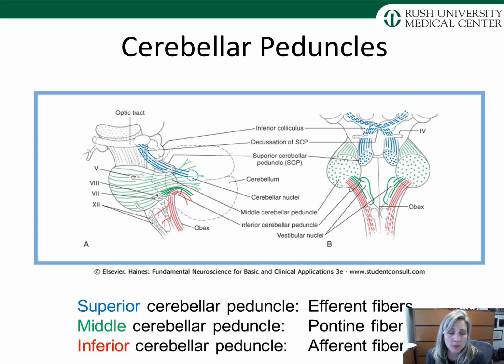Efferent fibers are going to be located in the superior cerebellar peduncle. Those are fibers going back up into the cortical structures. The middle cerebellar peduncle sends fibers back and forth from the pons, so the vestibular fibers and a lot of those fibers coming to and from the spinal cord. And finally, the inferior cerebellar peduncle carries those afferent fibers coming up, also from the spinal cord and